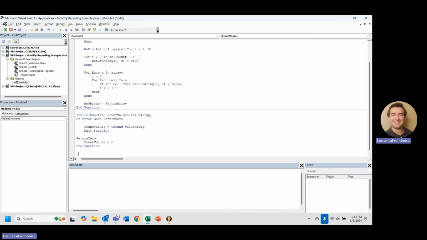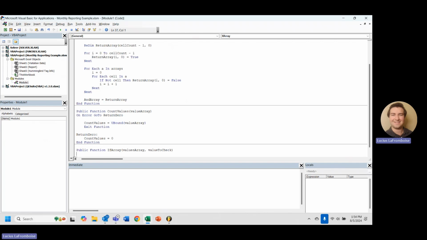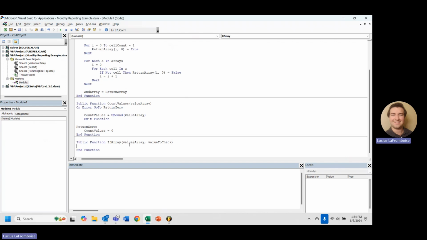So this one we are going to call function IfArray. And here we're going to say values array, and then we're going to pass in value to check. Okay, so we're going to send in a values array, and then we're going to check against this value. And how it works is, we're going to again loop through everything. So first thing that we need to do is figure out how many values we have so we can create our return array